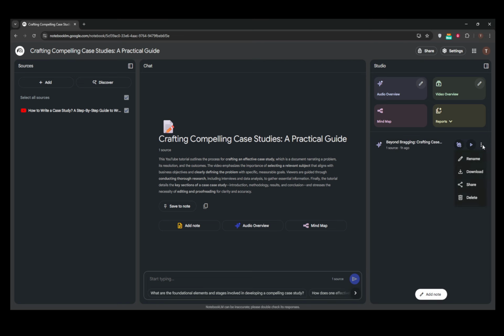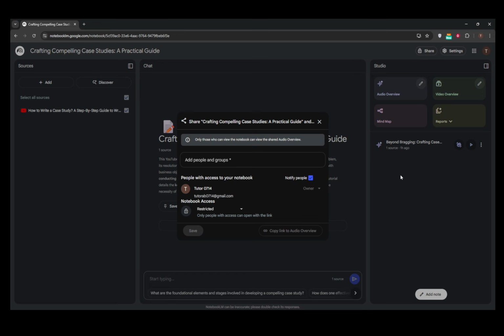This method is excellent for asynchronous collaboration, where team members might want to digest content at their own pace, making it easier to integrate feedback and insights without needing everyone to be online simultaneously. By utilizing these collaboration features, you can enhance productivity and creativity, whether you're working alone or as part of a broader